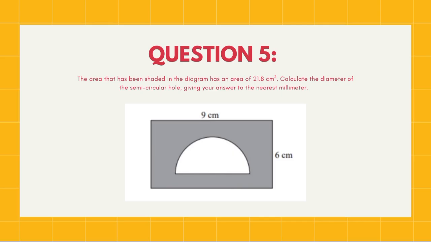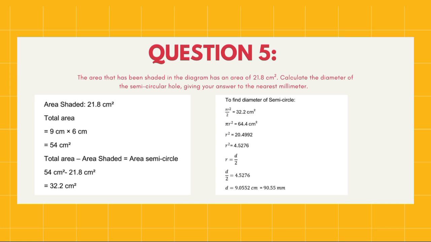Question number 5. The area that has been shaded in the diagram has an area of 21.8 cm squared. Calculate the diameter of the semicircular hole, giving your answer to the nearest millimeter. As the picture shows, the length and height of the rectangle are 9 cm and 6 cm. First, to find the diameter of